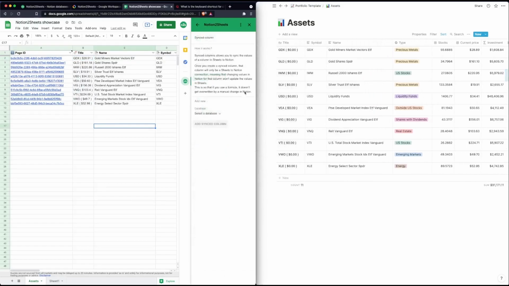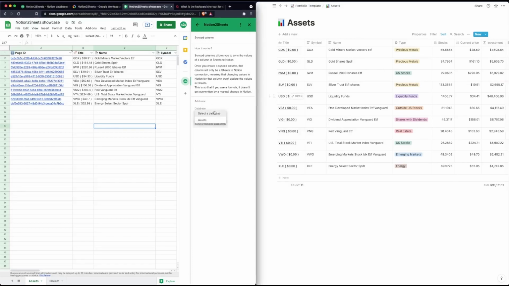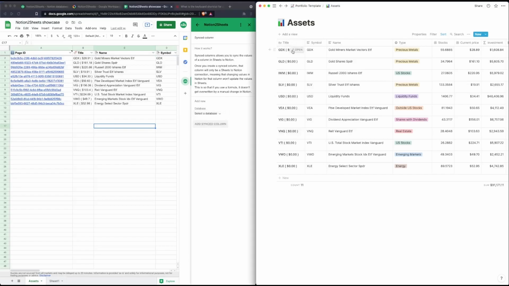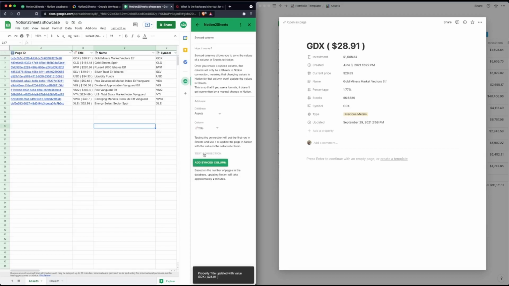You can see the title in here. I'm going to do something else as well. Let's see first. Let's open one of the pages, for example, the first one. Great. Let's select the assets database. Again, the column is going to be title. And let's test the connection. Boom. We have the title that is now dynamic and it's going to change once every hour with the current